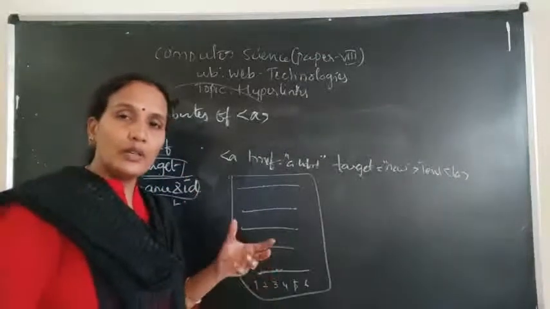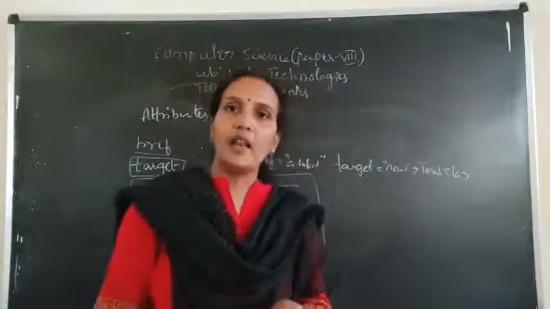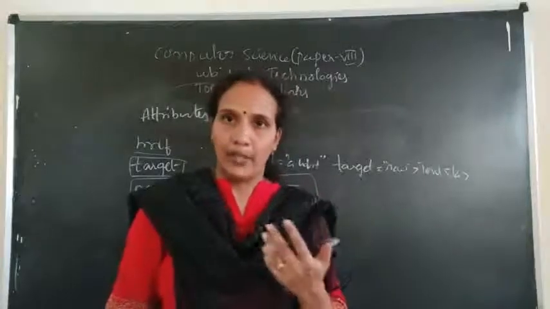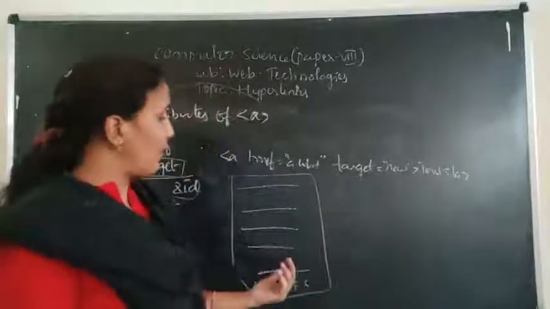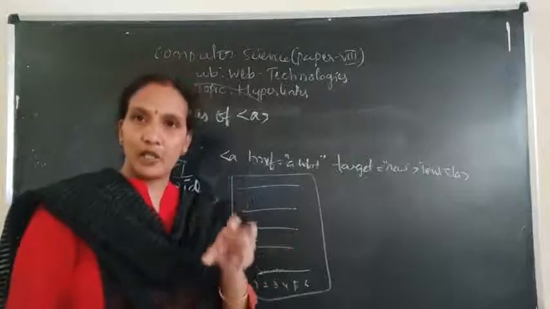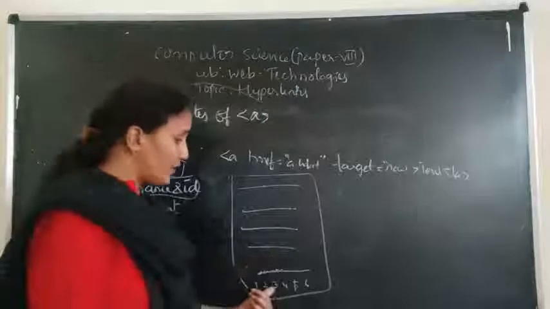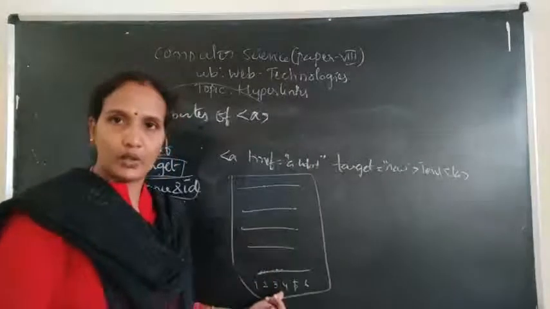Okay, so using the hyperlinks concept, you can create internal hyperlinks. That means you can create links within the same page: first paragraph, second, third, fourth, fifth, sixth, like that. This type of link you can see on a Google result page: result page 1, result page 2, result page 3, like that it will give. So when the user clicks on this 3, the user will move from the current paragraph to the third paragraph.